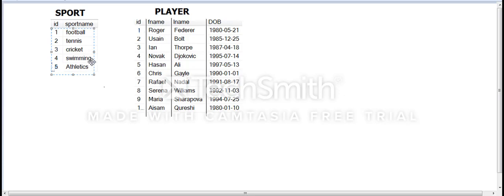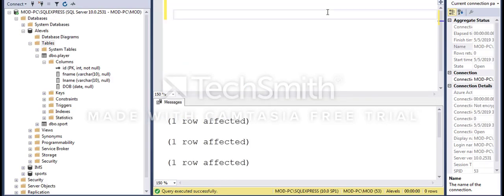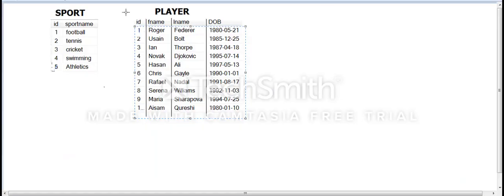Okay, next up, what we want to do is we want to add all of these values in the player table, right? So let's write the insert statement for this. We want to insert all of these values into the player table. So this time we're going to say insert into the table name was player. Insert into player values, and we must remember the sequence, right? So the first one is ID, so this must be an integer value. Then we have varchar as first name, varchar as last name, and then we have date as the date of